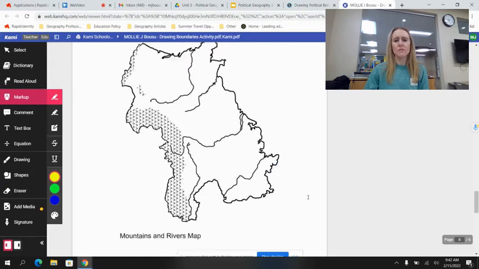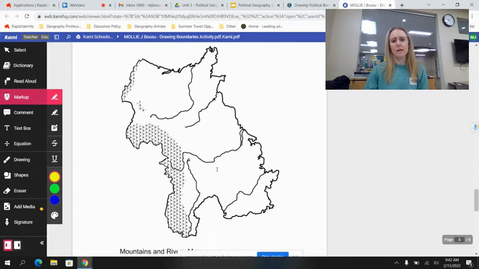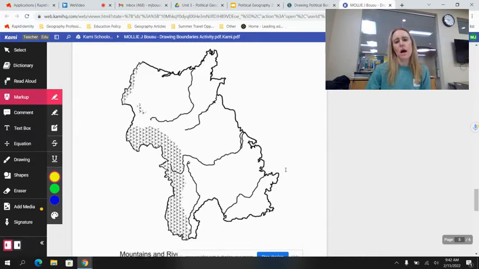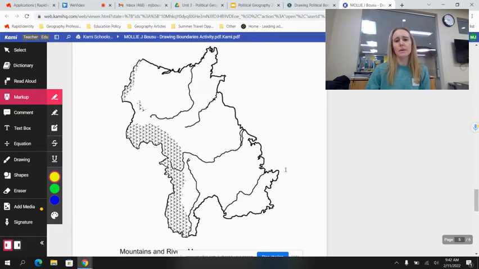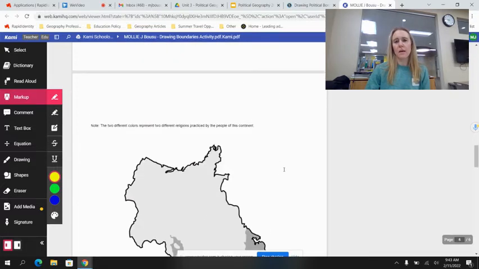And then also that there's some landforms. There's mountains on this side of the landmass, and there's rivers. Sometimes rivers create nice boundaries. So you might want to think a little bit about, can I use this river to create a boundary? It's going to be a little bit difficult to do just because you're looking at these all separately, but you're going to try to use some of these features to divide up your land.